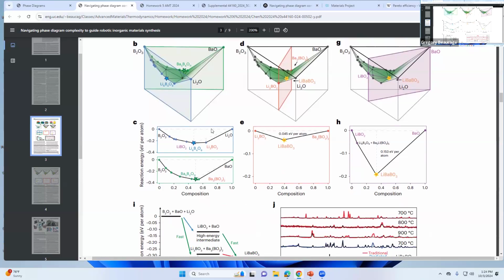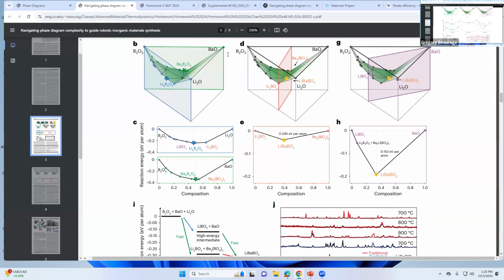I think he can't get the product because the product is a ternary product. So he's saying those things would react first. The possibility of the things that they would make would be everything along that line. If you're only going to have a binary at the start, then you're limited in the product, so it would go into the ternary mixture in the end, right? And then the question is which of those products would be the best thing to start with to get to that point? And he says it's this lithium borate and then